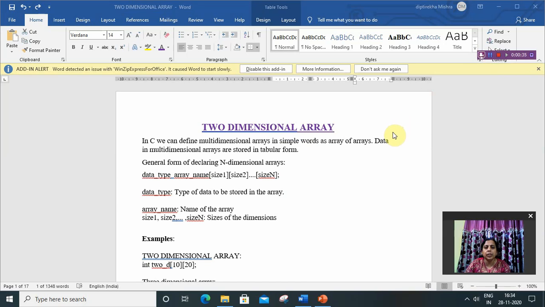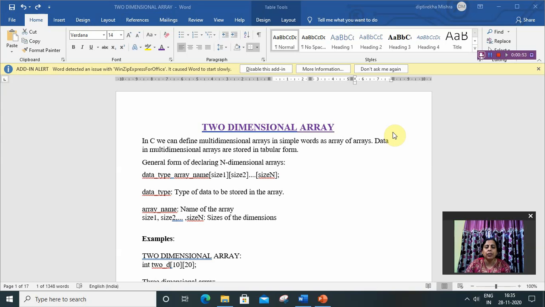Actually in C we can define multidimensional arrays. A multidimensional array, in simple words, is an array of arrays. Data in a multidimensional array are stored in a tabular form.